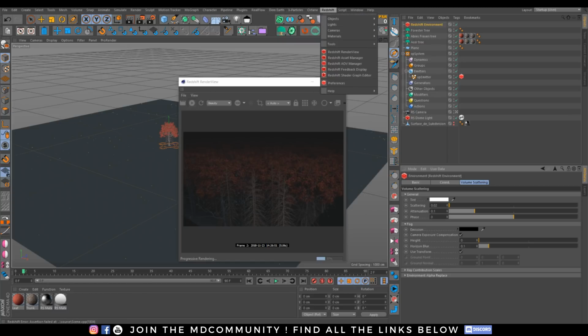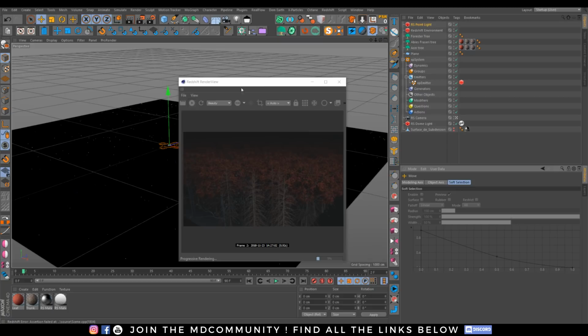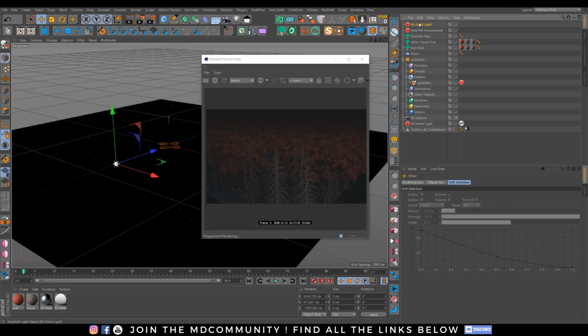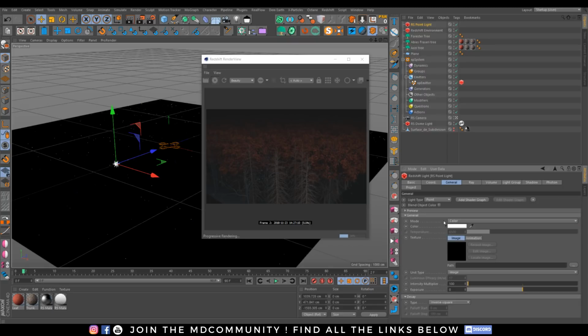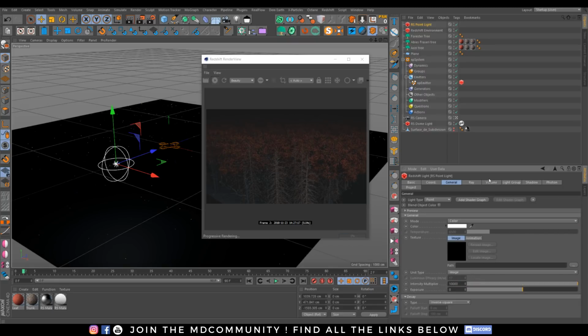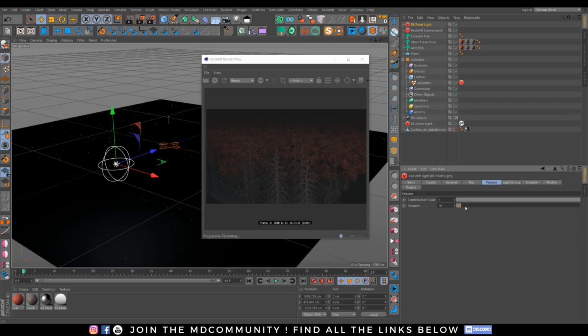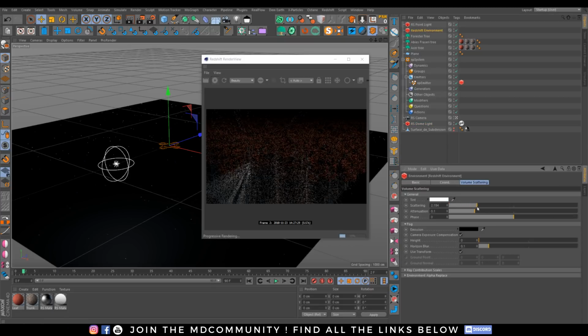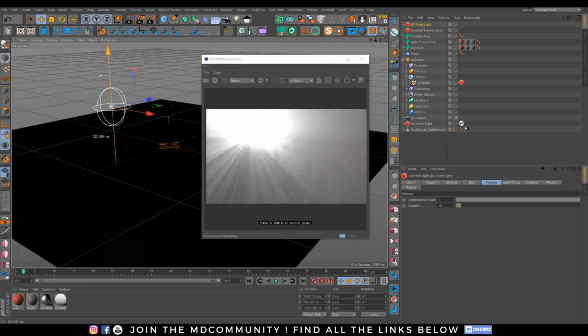But now, as I have the Redshift environment, every light can be turned into something emitting rays. Like I take this more light, let's go to the general tab, intensity multiplier, and let's go to the volume contribution scale. Let's disable this at the moment. I don't want this, but let's go to our environment and let's see. Wow, it's amazing. So this point light is just emitting light,